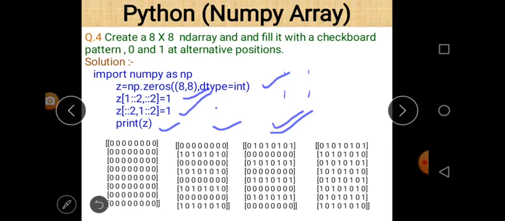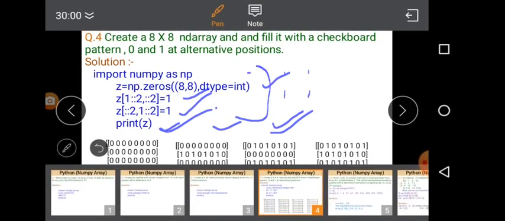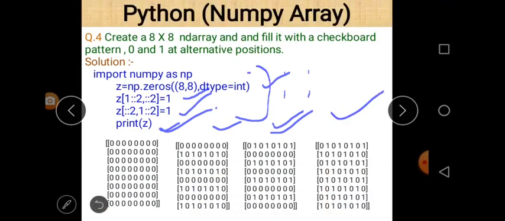And when we finally print the array using these lines, we get an array whose elements are 0 or 1 at alternate positions. That is the final solution of that question, and after the execution of that statement, a checkerboard pattern will be printed.